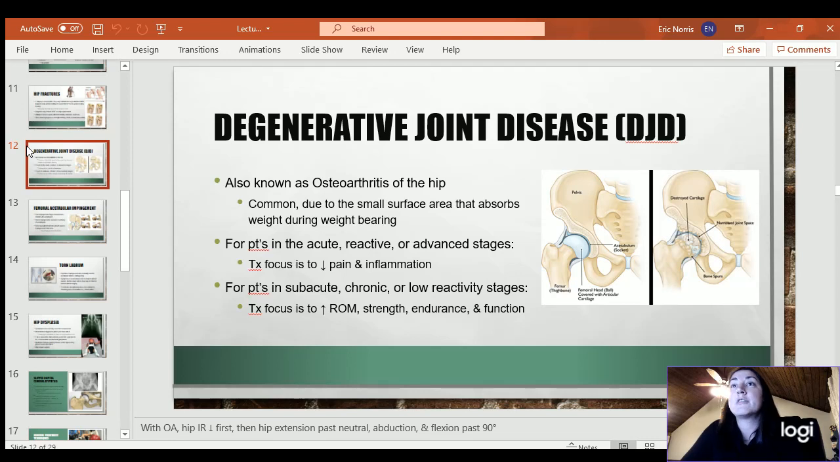Okay, so degenerative joint disease is also called osteoarthritis, and we have learned about that with other parts of the body. It's the same types of symptoms, same cause, but it is common to get arthritis in the hips because there is a small surface that is doing a significant amount of weight bearing. So a lot of weight is absorbed at the hip, and specifically,